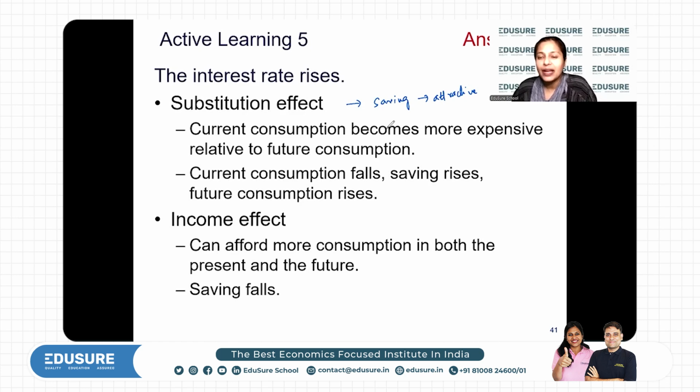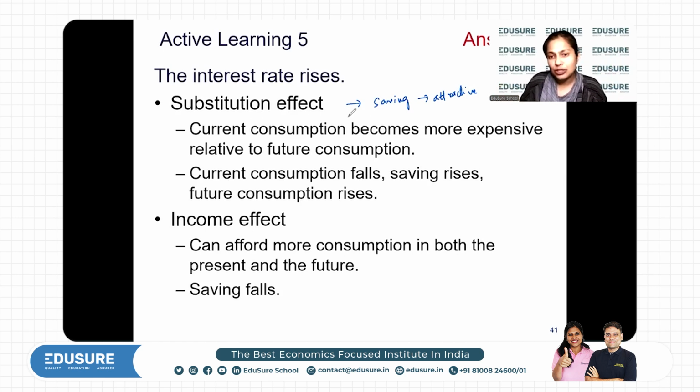That's a very, very high interest rate. So if you think about compounding, you think, oh, I can double my money in 4 years. So it's like today if I have 100, I can have 200 in the next 4 years. So that is very interesting. So savings becomes very attractive as the interest rate rises.